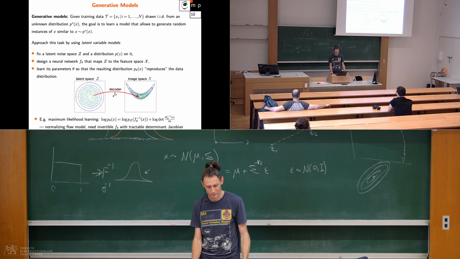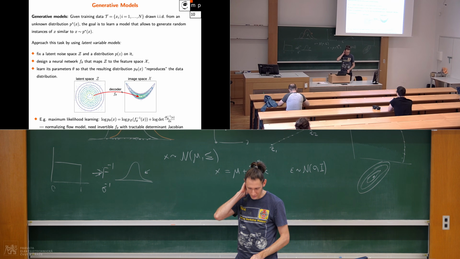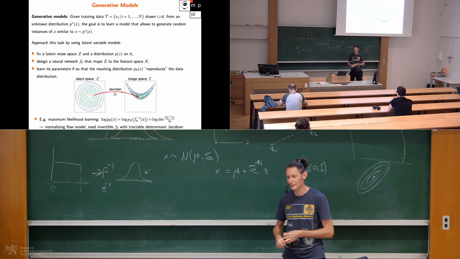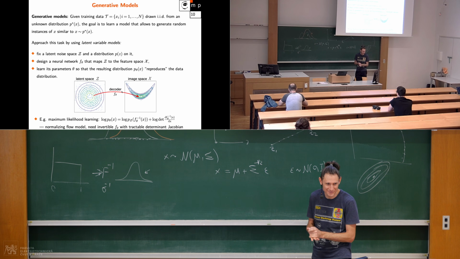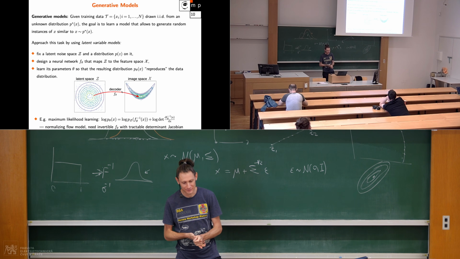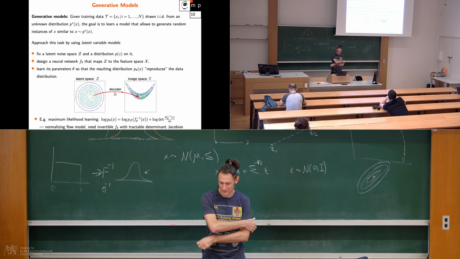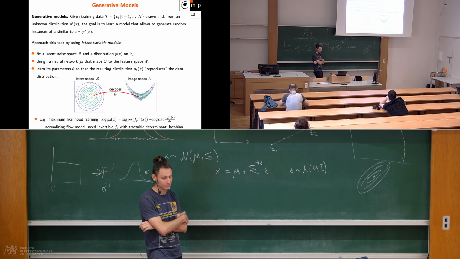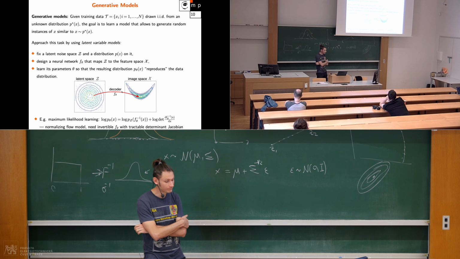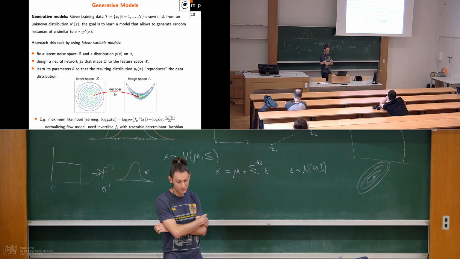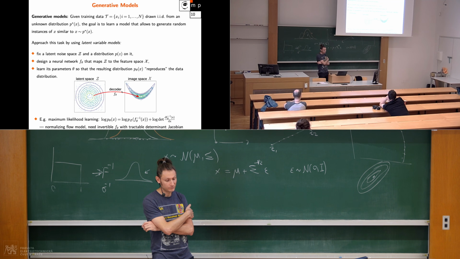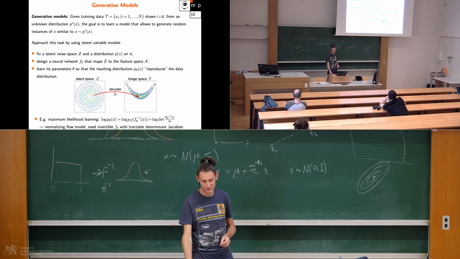But here we allow the mapping to be, of course, nonlinear and even discontinuous, so it could have multiple modes and so on. The question is how to learn such a mapping. We can say that it's general enough and we could represent any distribution in this way, but how do we learn it? There are multiple ways to learn this. Conceptually, we need some way of telling, given these samples,